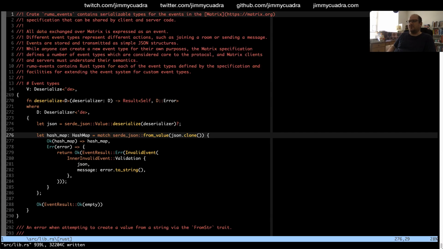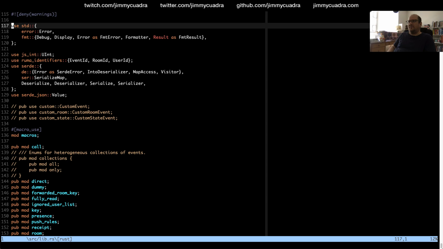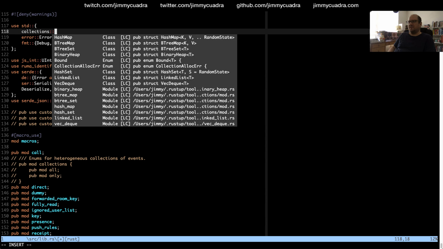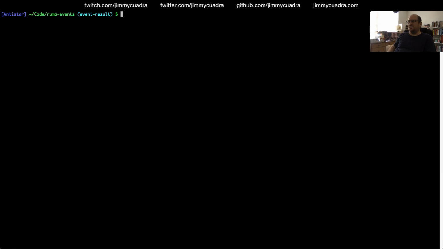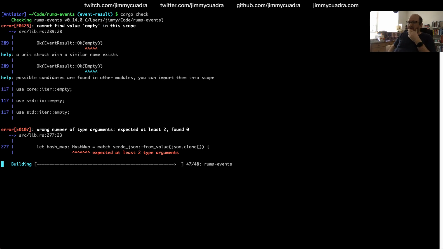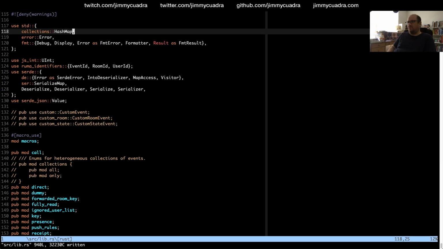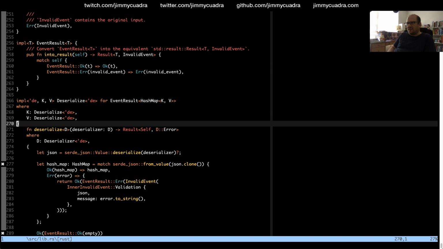Hash map not found in this scope. I just saw a couple days ago there was a thread on internals or Reddit or something that was discussing whether hash map should be in the prelude so that you don't have to import it. Wouldn't really surprise me, because it's not a thing you have to import in pretty much any other language I've used, which is largely high-level languages.